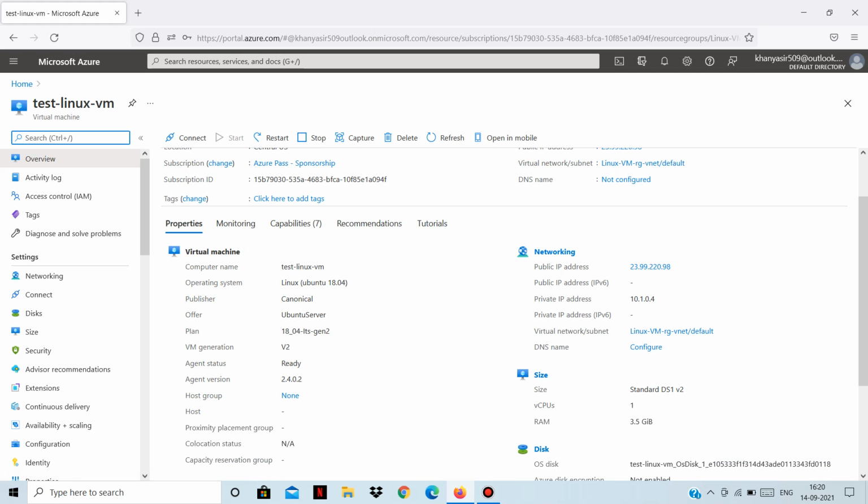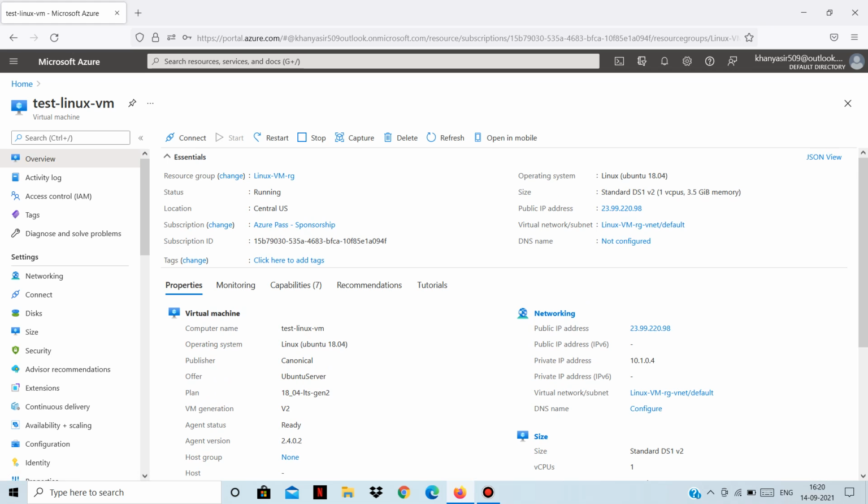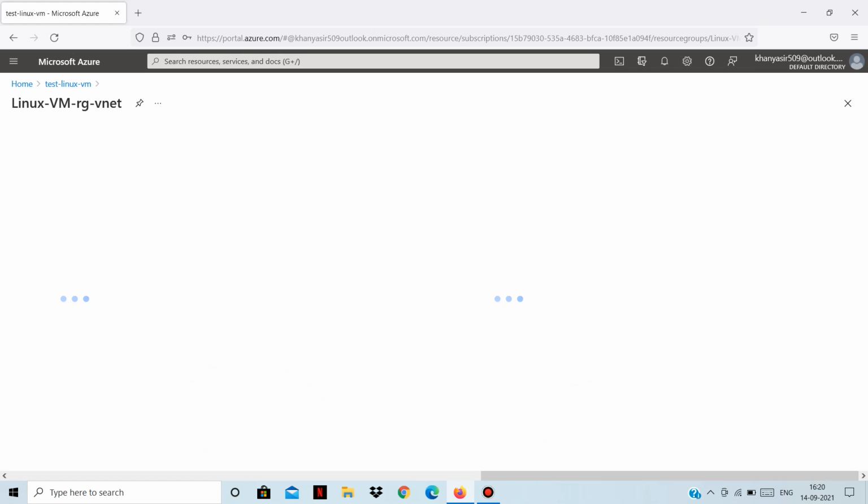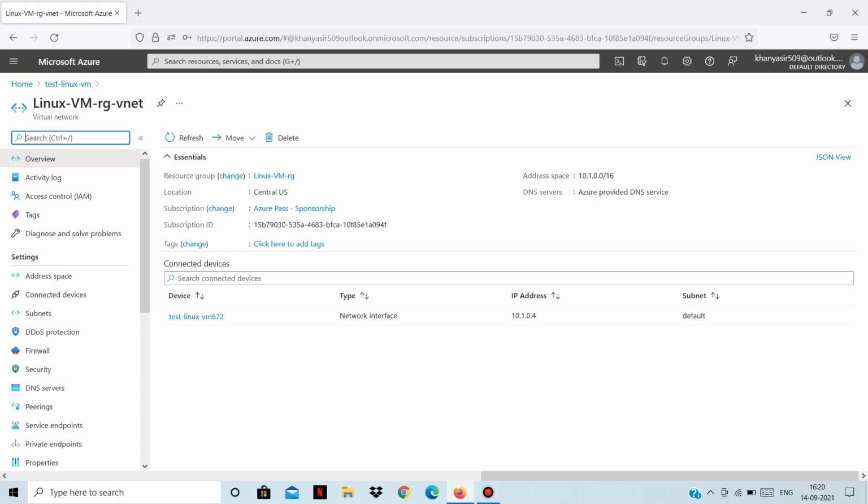So you can see the private IP address. The private IP address which is assigned is part of our subnet. The private IP address was 10.1.0.4. So you can see our virtual network address range is 10.1.0.0/16, and in that we have one subnet, and the virtual machine has been assigned the private IP address from that particular default subnet.